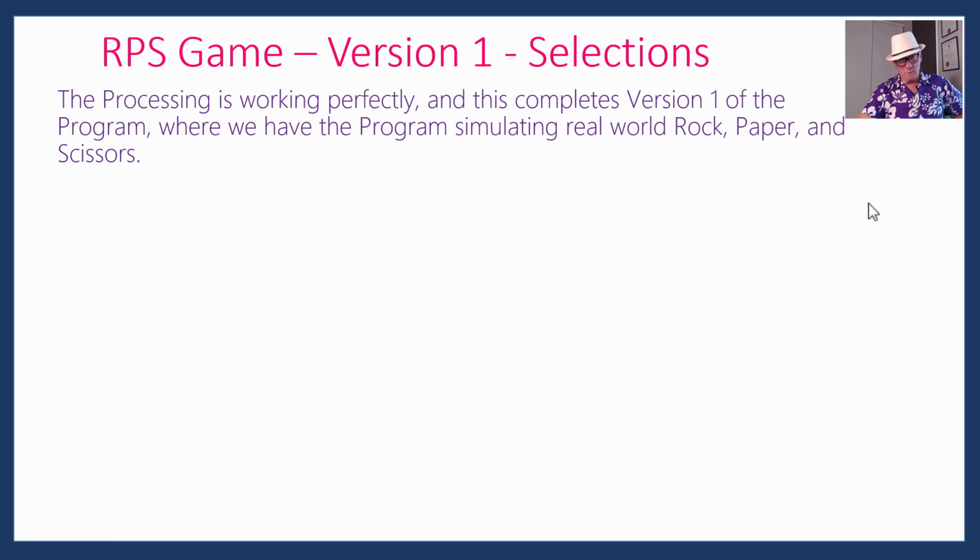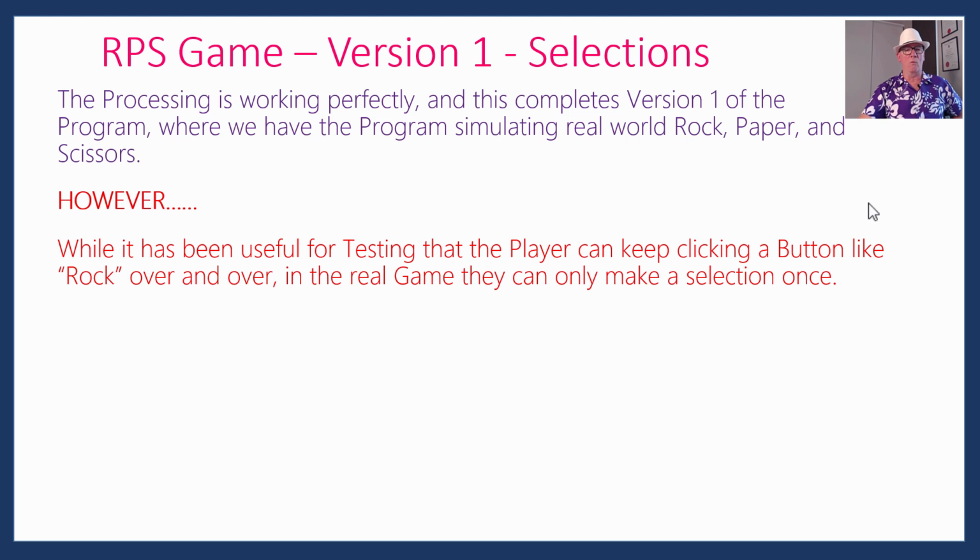All right. So we were kind of cheating, and we kept clicking rock over and over to do our testing, which was okay. That helped us do the testing quicker, but that's not how the game would really work. What happens is the player picks rock, and if someone's playing the game for real, they don't go, I'm picking rock, I'm picking rock, I'm picking rock. They pick rock and then they're stuck on rock. So we really want to disable the rock button after they've clicked it,